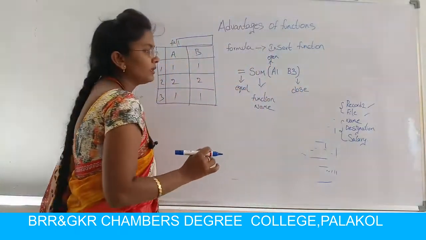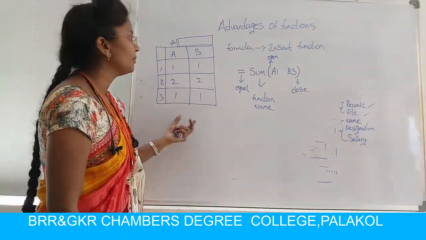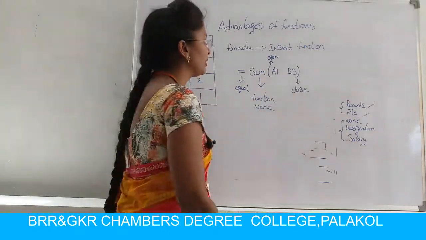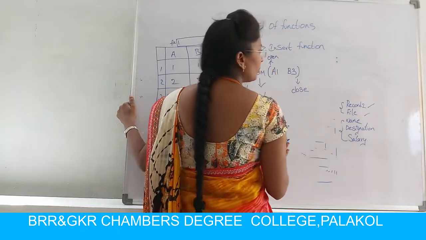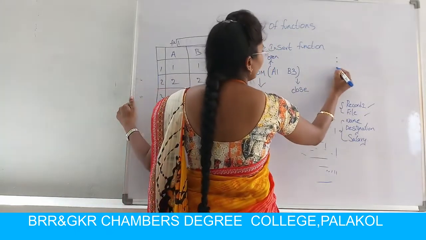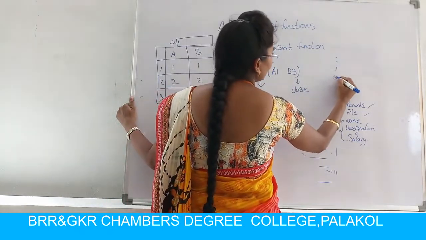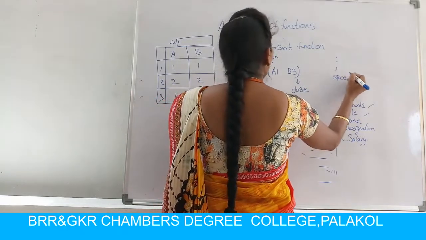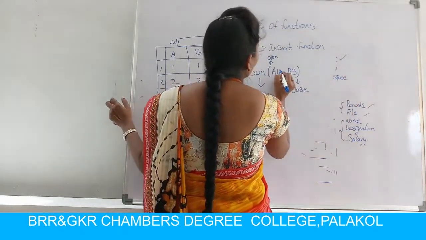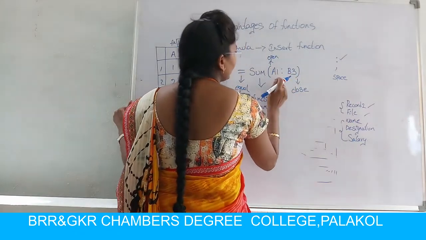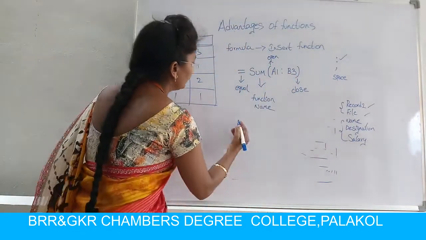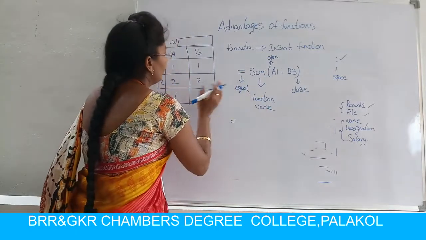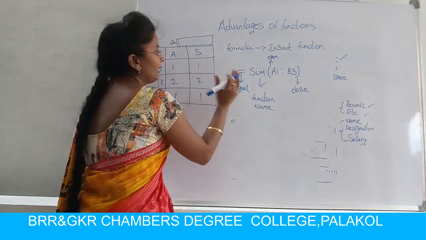In the middle, I have to present some operators. By using the reference operators, we have three types of reference operators. One is colon, one is comma, and the next one is space. Here I am using the colon symbol for separation. And then if I write the formula in this Excel sheet, it will take the data and calculate